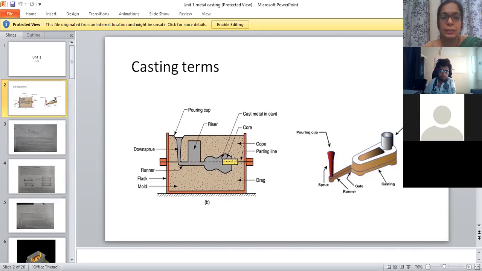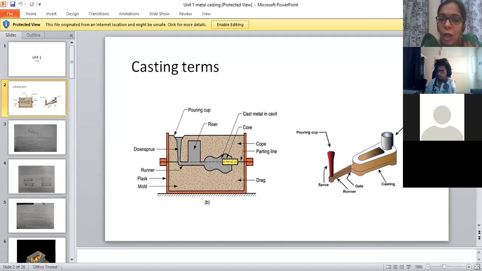Right. So this is just a molding procedure we had done in the lab. First they had kept the bottom one, which is the drag. Please remember as alphabets C and D, cope and drag. When you draw the diagram, it should be very clear. As I went for the spot correction, the diagram should be very clear. To score marks in MP, you have to draw it very clearly, right?